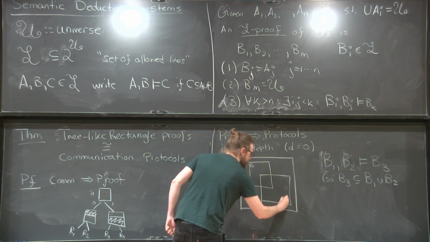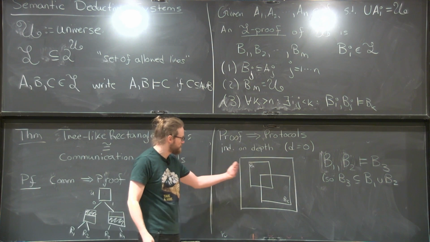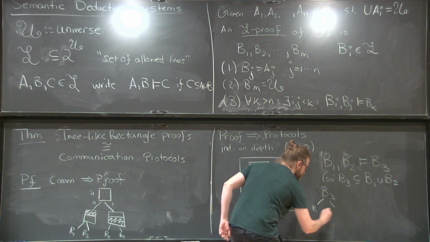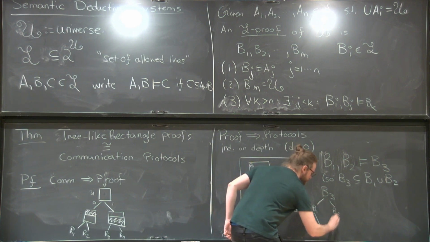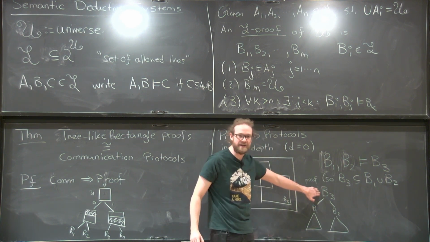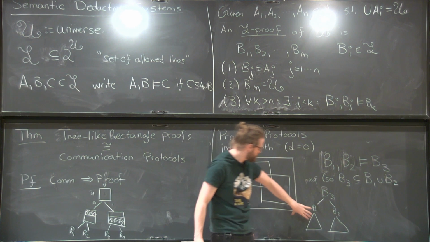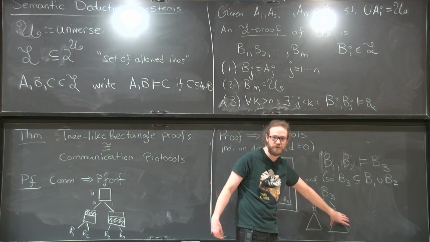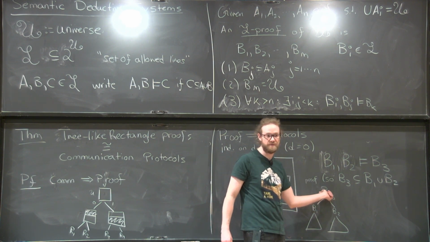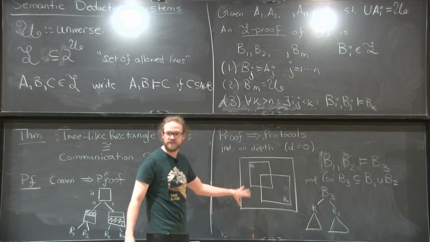So here's my b1 and here's my b2. Okay. Well, there's only a few cases to consider. Remember that what I want to come up with is a communication protocol. Here's a picture of the proof. Starting from this line, we've done some work down here, and then we're going to deduce this. By induction, we can transform both of these into communication protocols that work for b1 and b2. Okay? And now we want to come up with a communication protocol that works for b3. Well, we just have to consider where b3 lies. We know b3 is in the union of these two.